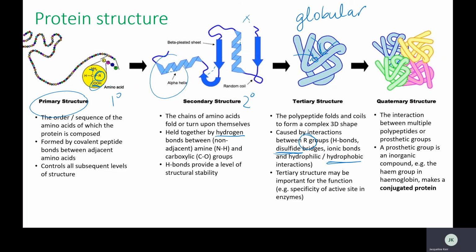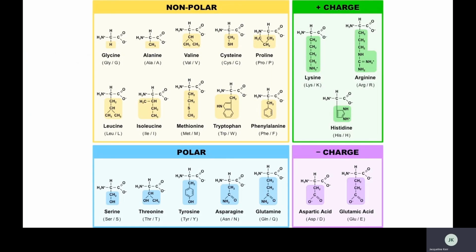And then not all proteins will have quaternary structure, but plenty of them do, where perhaps multiple polypeptides come together, or something else is added, like a carbohydrate or an inorganic prosthetic group. We call it a conjugated protein when you have that prosthetic group, like, for example, the iron heme group in hemoglobin. And just a quick look, if you're interested, at that tertiary structure and those interactions, we can see